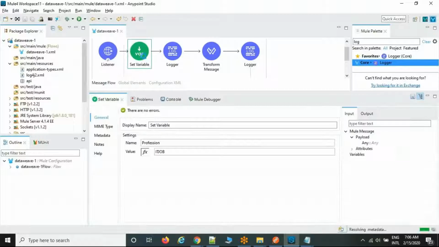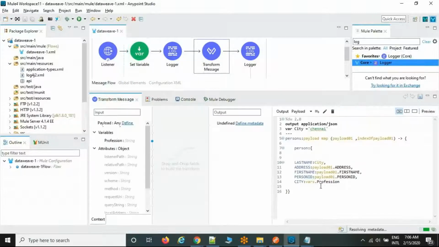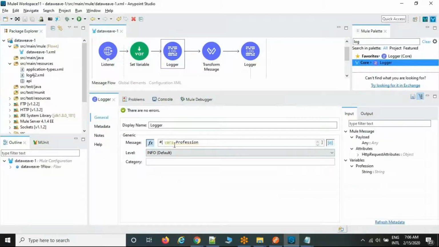Okay, and this is the variable palette which you normally use in the flow, and if we want to reuse the same variable data in the DataWeave code, just use var.profession. Don't put a hash bracket, because in the DataWeave code the system can't support it, it's only var.profession. But if you want to reuse the variable at the flow level, you can use the syntax hash bracket var.profession. Clear, right? There are three types of variables.